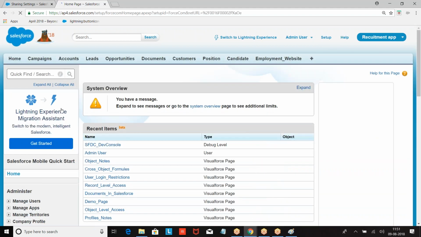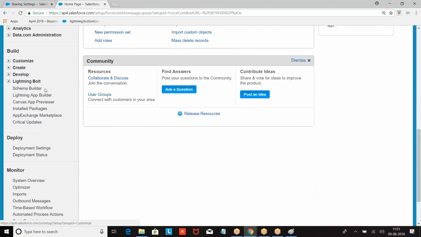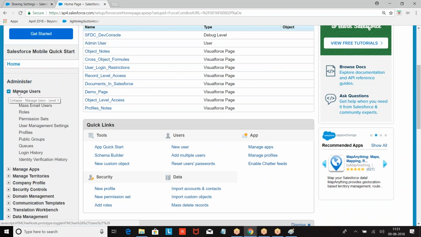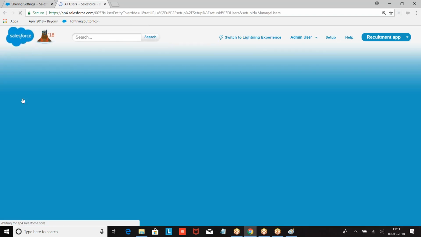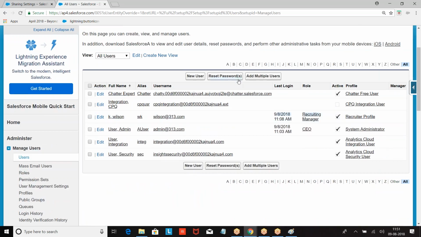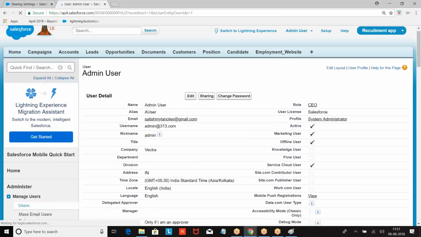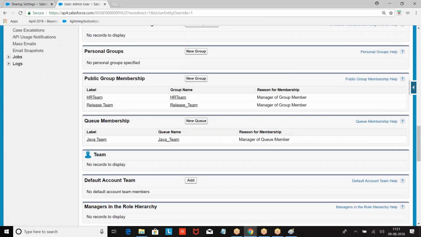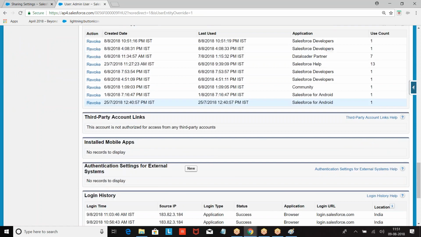Setup, administer, manage users, go to the user, scroll down. So what we have? Account default teams.